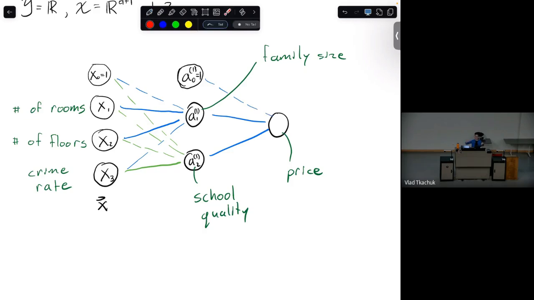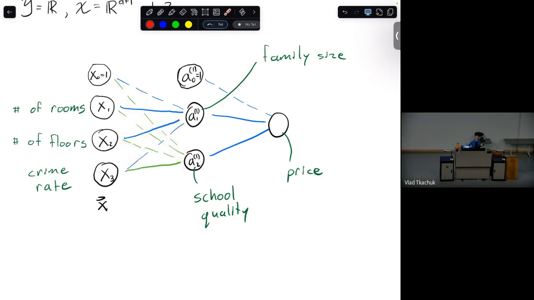And the goal, when you do this optimization and when your learner decides on what neural network it should output as the best predictor, is that it should decide that this weight is pretty unimportant. So it should probably set this weight to 0, and maybe this weight to 0, and this weight to 0. But these bolded ones, these are the important ones. So it should set these weights to some large number.